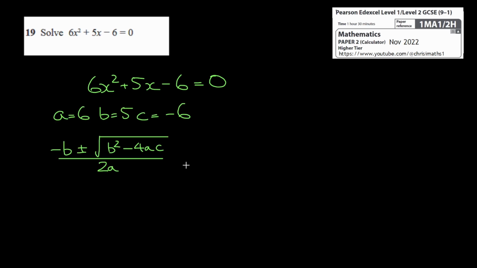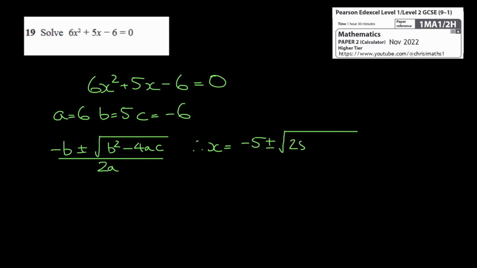Question 19 asks us to solve a quadratic. Now, this is very unlikely to solve by inspection, so I'm going to go straight to the quadratic formula. Substituting in, we get, therefore, x is equal to minus b, which is minus 5, plus or minus the square root